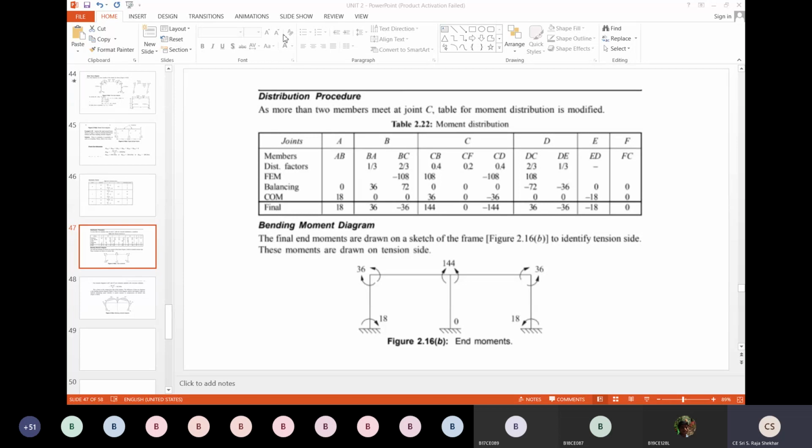So net bending moment diagram will be represented. So this is net negative bending moment. Net negative bending moment. And this is